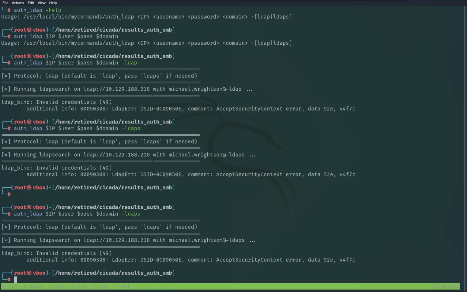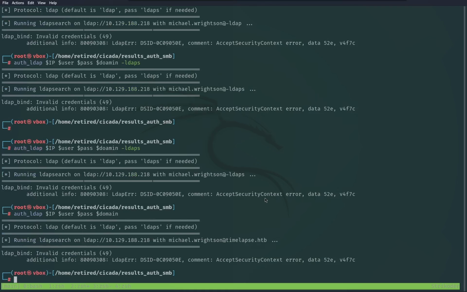Accept security context error, which is extremely strange. Let me think about it. So let me try LDAP auth, IP, user, password, domain, and